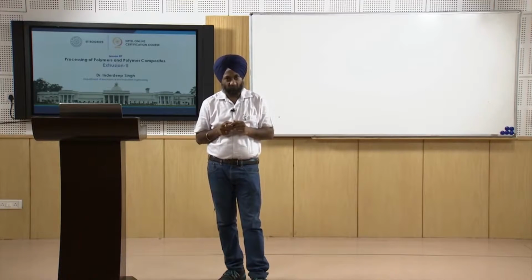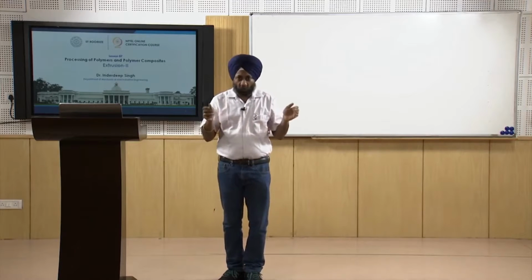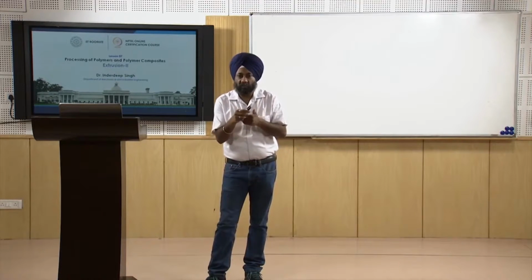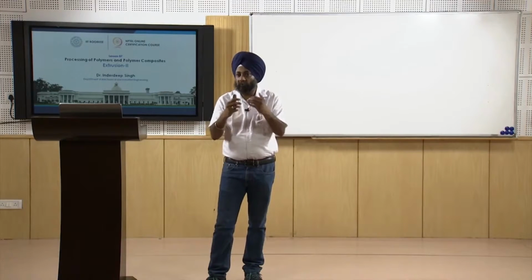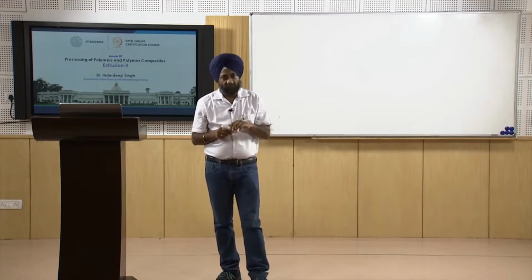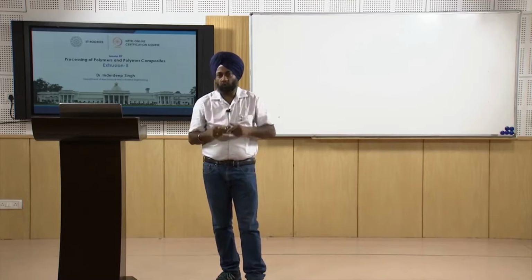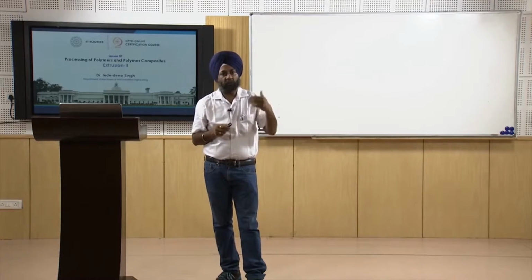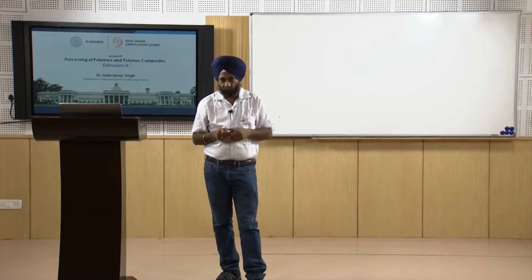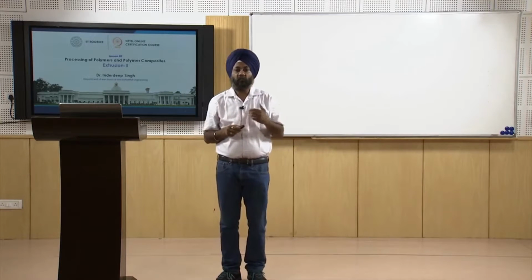that we are going to understand today. The topic is long, so we will quickly go through the various processes, whereas there is a process which is slightly tricky to understand with the help of a diagram. So we have included a video for that process, so that you are able to relate to the process and see how the raw material is coming and how it is getting converted into the final product. The process remains the same: heating of the plastic, then deforming it through the die, and finally cooling it in the form of a roll or in the form of a sheet or layers of sheet. So we will see the various types of extrusion processes in today's session.